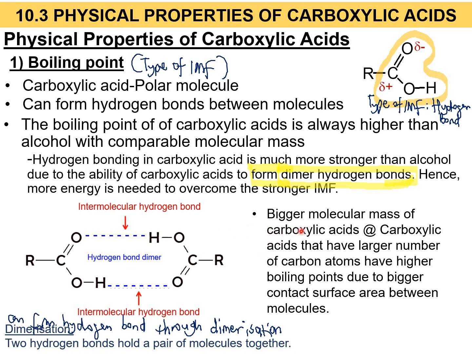Okay, lagi satu, kalau let's say the bigger the molar mass of carboxylic acid, sekiranya kalau lagi besar dia punya alkyl group ni, lagi bertambah-tambahlah tinggi dia punya boiling points. Because semakin kita besarkan dia punya molecular mass ataupun molecular size, dia punya molar mass pun akan bertambah berat sebab banyak carbon atoms. So lagi tinggi dia punya hydrogen bond just because of dia ada bigger contact surface area between the molecules.